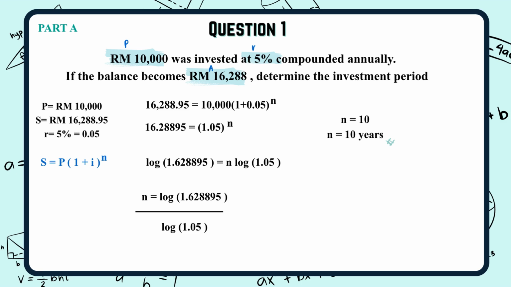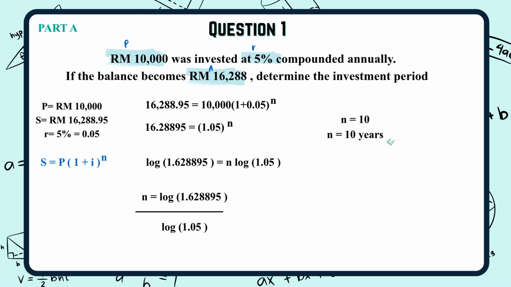For question 1, we are given a principal amount of 10,000 ringgit, an accumulated amount of 16,288 ringgit and 95 cents, and an interest rate of 5% compounded annually. So using the compound interest formula, S equals P times (1 plus i) raised to the power of n. Substituting the values, we get